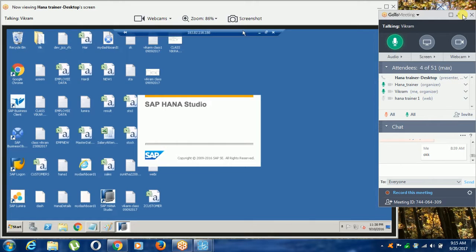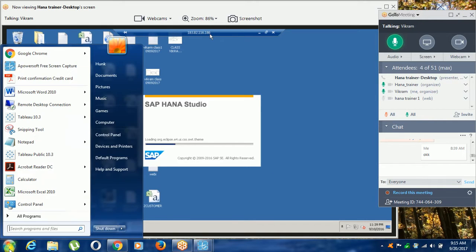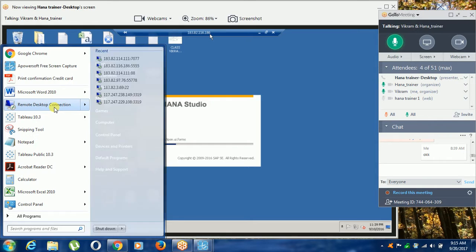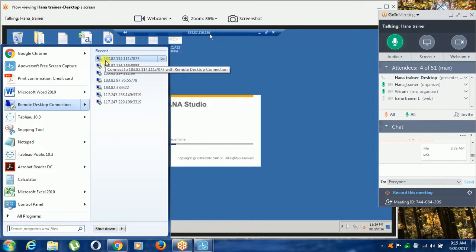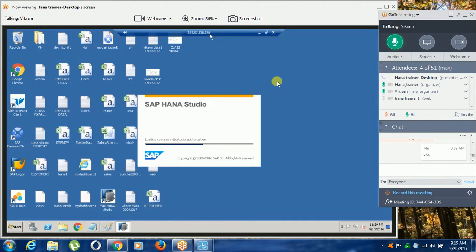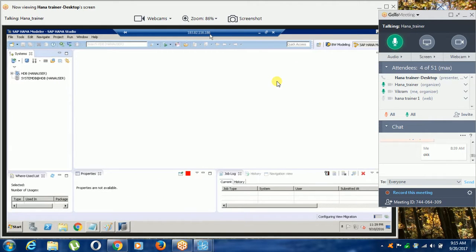The IP is same, yeah. I tried the last 7077, and 5555 also I tried. Okay, I will send you the server credentials again. No problem.